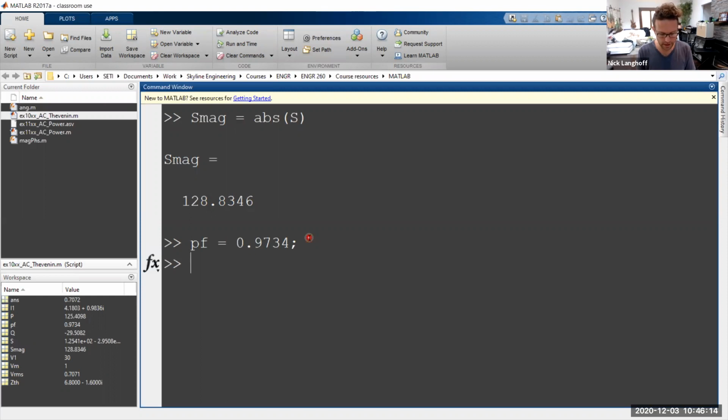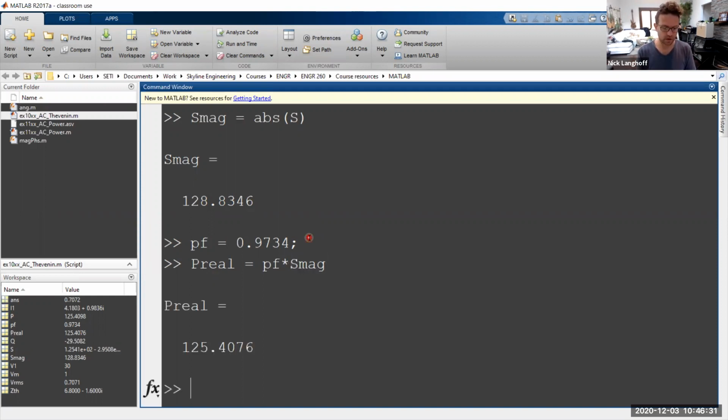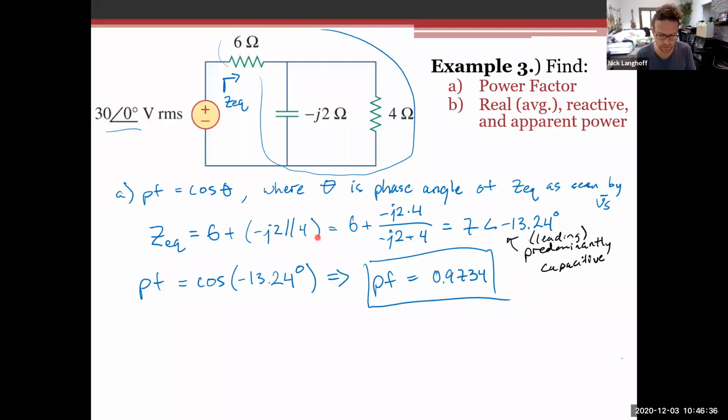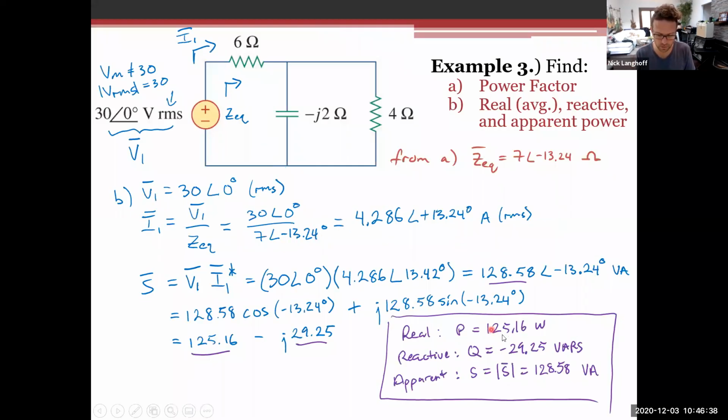And then we look at P real, which will just differentiate from the stored variable I have, P. The real power should be 97.34% of the magnitude of S, and there it is, it's 125.4, and that's, I believe, what we saw here, 125.16. Again, there's some rounding error here, but I just wanted to go through that analysis so that you